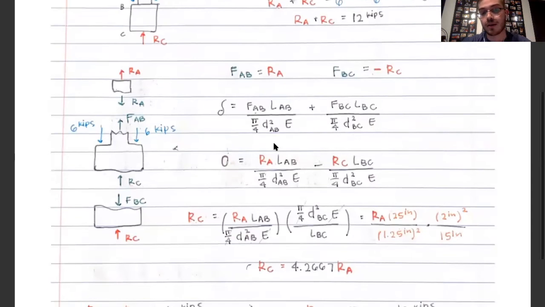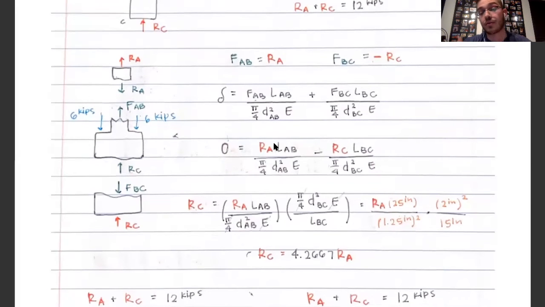Again, because this type 4 problem is fixed in between 2 points, we know that deformation will equal 0. And rewriting the equation, substituting in our previous conditions that the force AB is equal to the reaction force A and that the force of BC is equal to the negative reaction force of C, we can write that reaction force of A times the length of AB over pi over 4 times the diameter squared of AB times the E constant